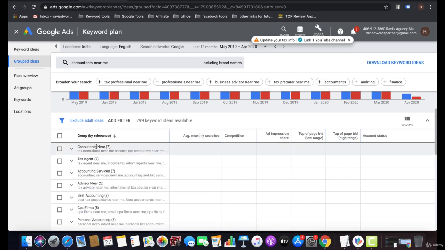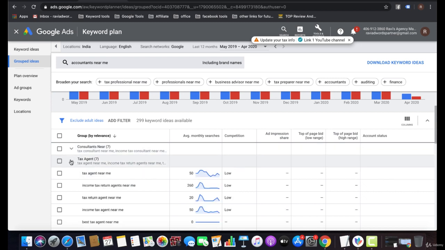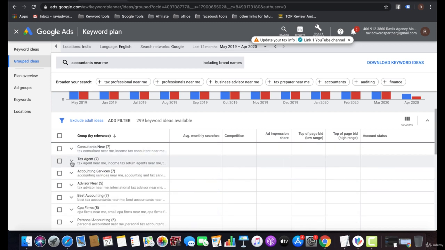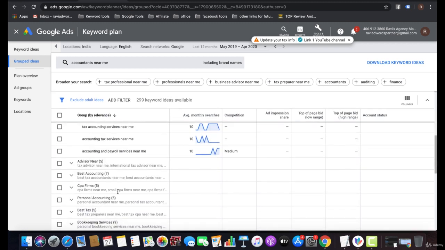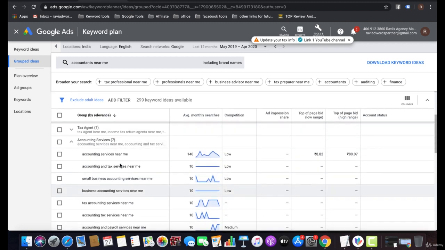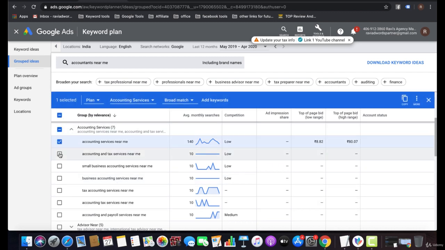Like in a particular ad group, consultants near me, how many keywords we can use, these are the keywords we can use for particular ad groups as well. For tax agents we can use these keywords. We can go with accountant services, we can go with these keywords. These are the most relevant keywords for accounting services.